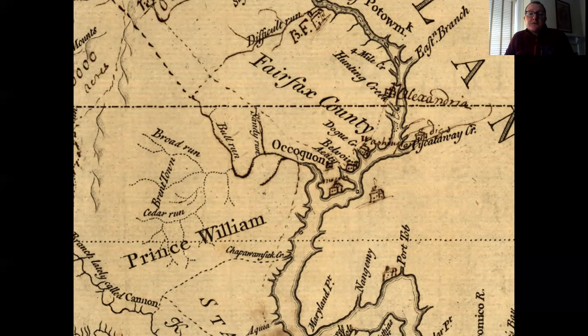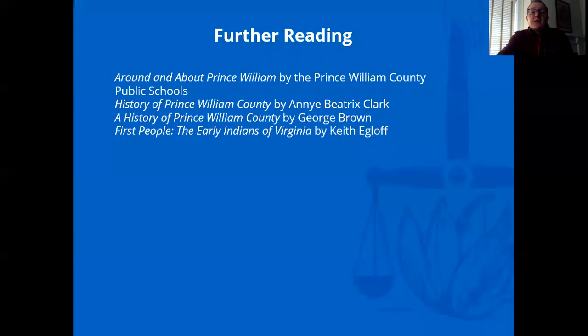Unlike other counties in Virginia in which there are Native American reservations that are established and actually survive well into the 19th and 20th centuries, in Prince William County, that is not the case. All Native groups that were living in Prince William County move on to other areas and assimilate into other Native American groups. Now, if you're interested in learning more about Native Americans in Prince William County, this list of books